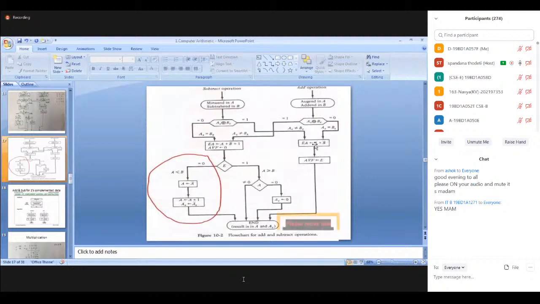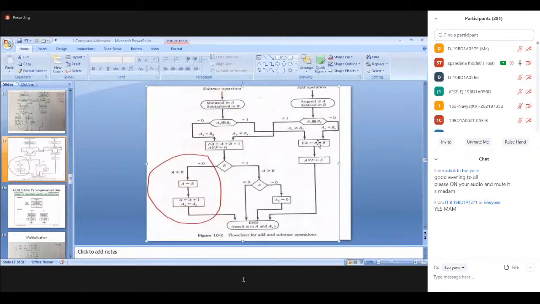A and B are to be added, and we are storing the result into A. Here, this A register is acting like an accumulator too. So we are storing the result in EA flip-flop. Why EA? Because when you are performing the addition operation, there is a possibility to get an extra bit. That extra bit we are storing in E flip-flop. Final result we are storing in EA. And if there is any overflow bit, that overflow is stored in AVF flip-flop, the add overflow flip-flop.